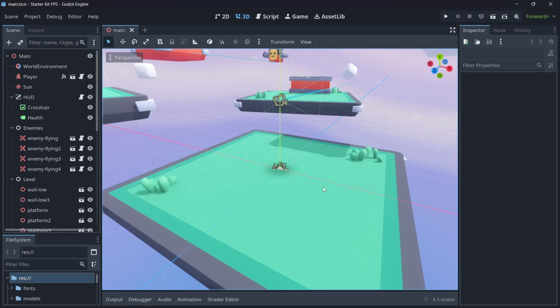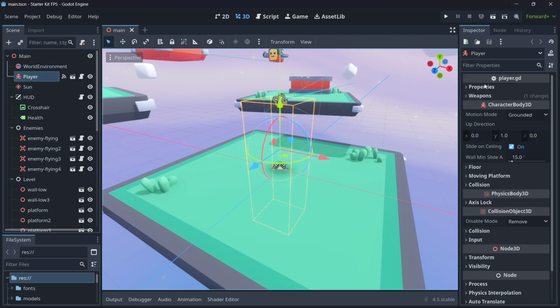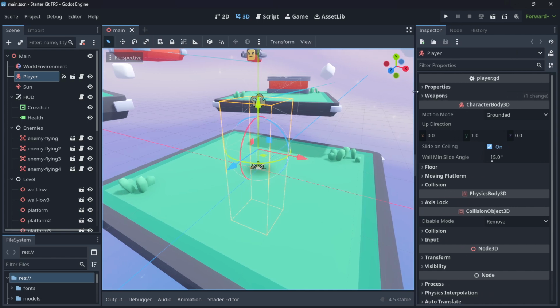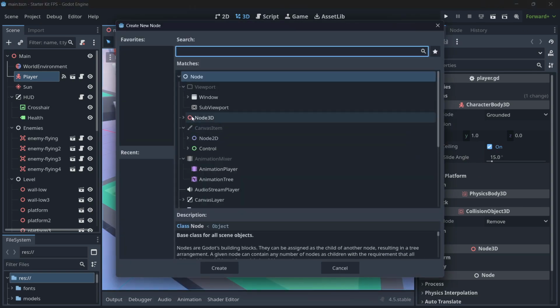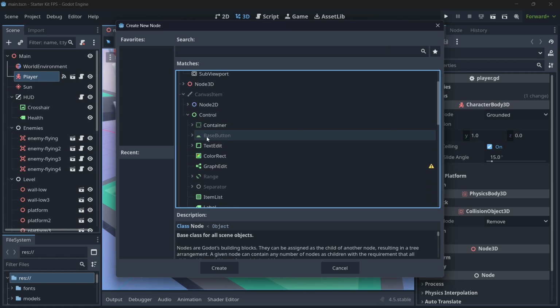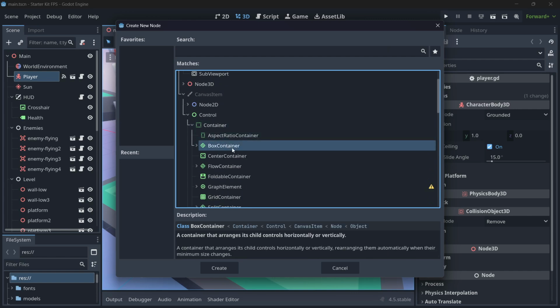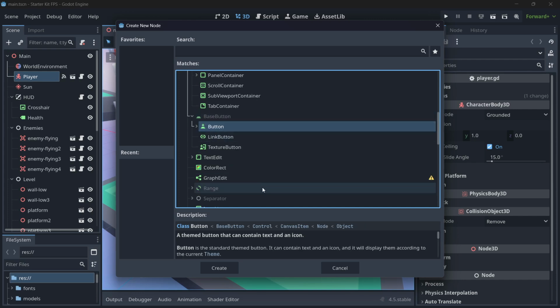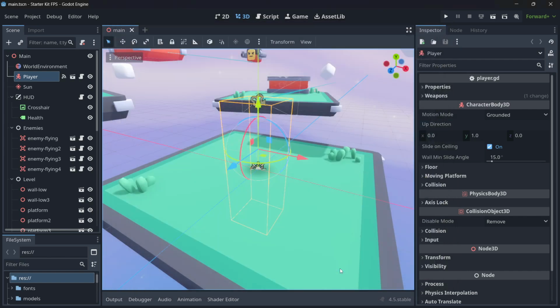So let's firstly talk a little bit about Godot. The game objects of Godot are called nodes. Nodes are the basic creation unit and you have nodes for everything. So we have nodes, for example, for UI, okay, and every single UI element is a separate node. If we have a container, well, this is one node. If we want a button, we have another node. And that's basically how it works. So you start nesting